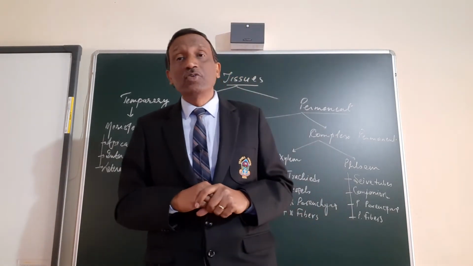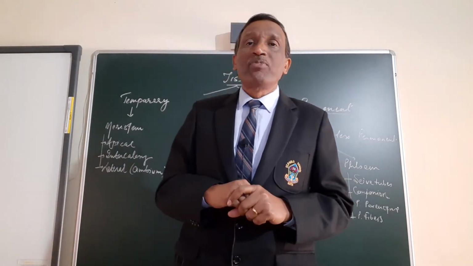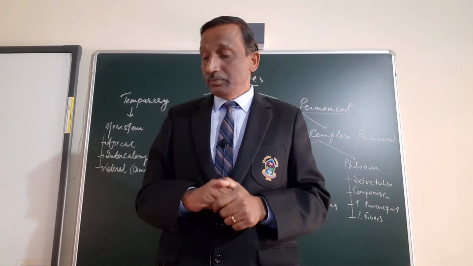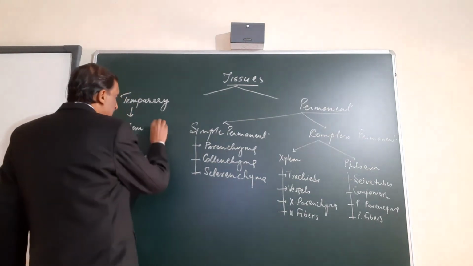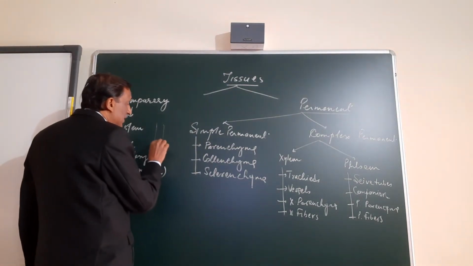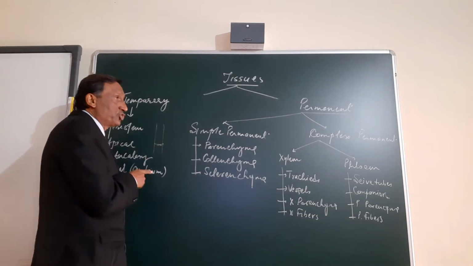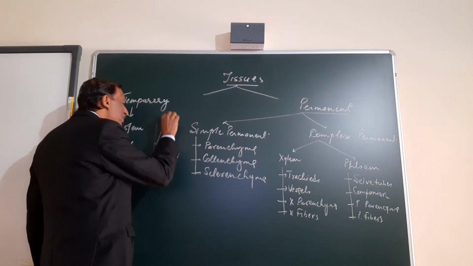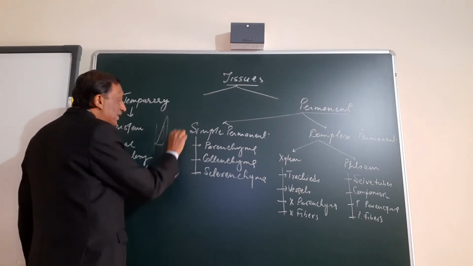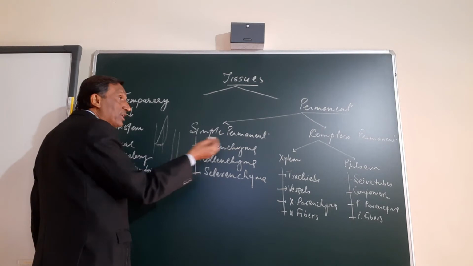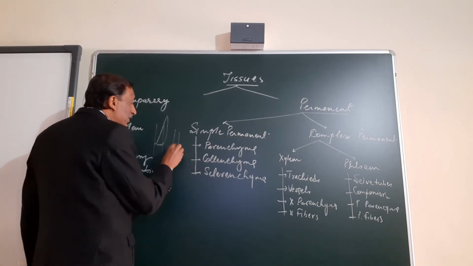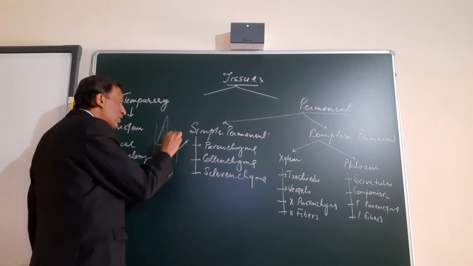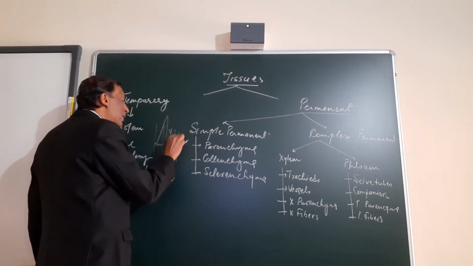Intercalary meristems are found at the base of the bud, or rather the buds are there because of this type of meristem. Now suppose there is a stem and here is a bud, and this is sugarcane or any of the monocot plant. Okay, so you might have seen the leaves are actually formed there, or if it is a neem tree or a mango tree or a rose plant or any herb, then you will find that there are some places from where the new branches are given out. So these branches are actually formed from the bud.